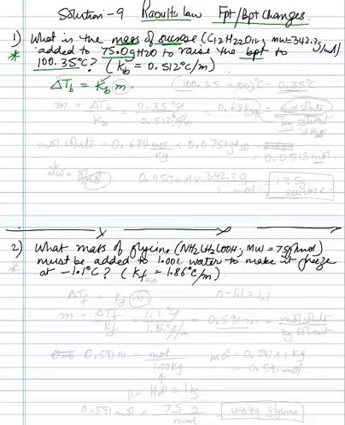So Kb is given to us. Delta Tb, yes, we can find that out because that is going to be 100.35 minus 100, in degrees Celsius, because 100 is the boiling point of water. Nobody needs to tell us that. We already know that. So 0.35 degrees Celsius, that is the change in the temperature. So we are really calculating for molality. Molality then is equal to delta Tb over Kb, which is 0.35 divided by 0.512 degrees Celsius per molality. Cancel the degrees Celsius out and